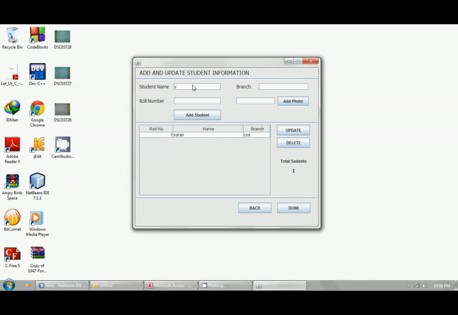And let's say X, roll number 2, branch CSC, add to database.